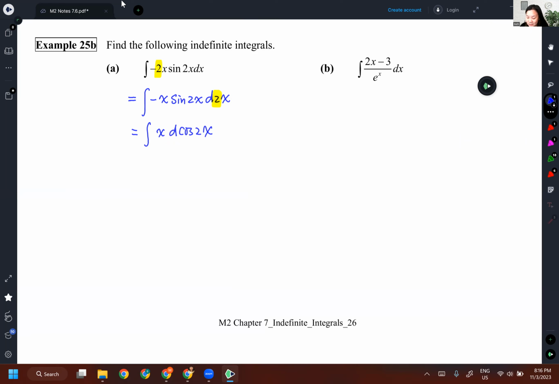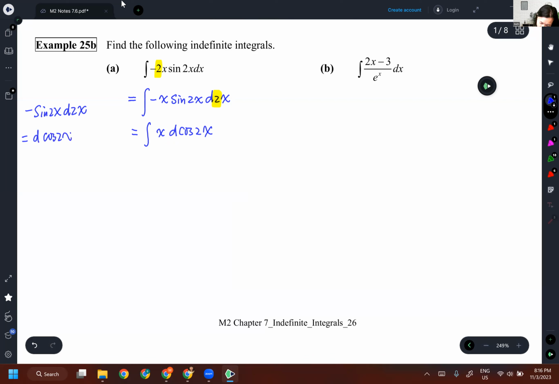I put the negative and d sine x. And here, this is my substitution. That's negative sine 2x d2x is replaced by d cosine 2x. So you can see the negative sign is gone. Okay. So in this question, I need to adjust the angle first and then do that. Anyway,